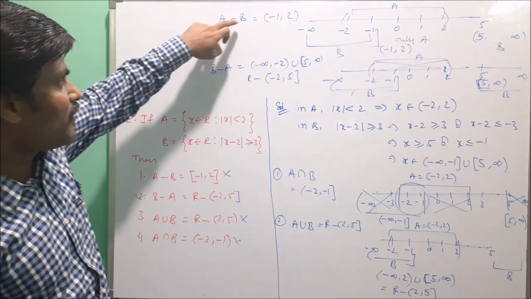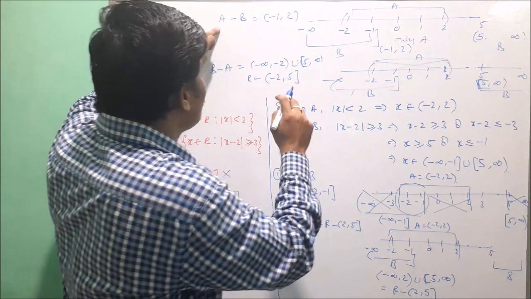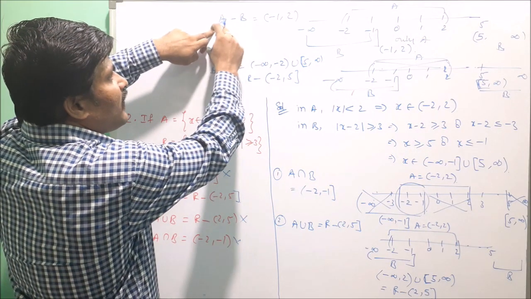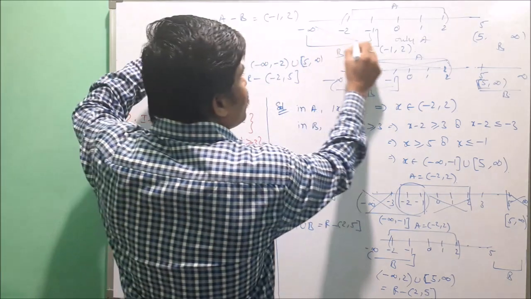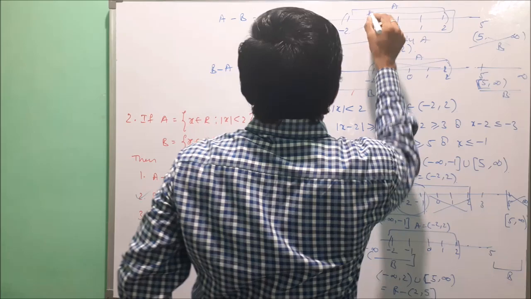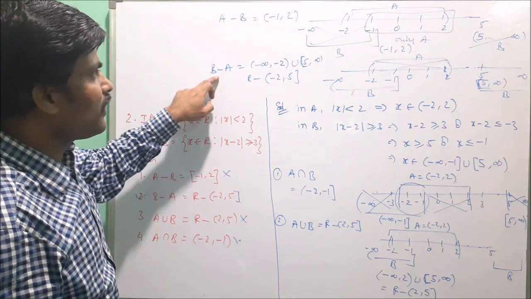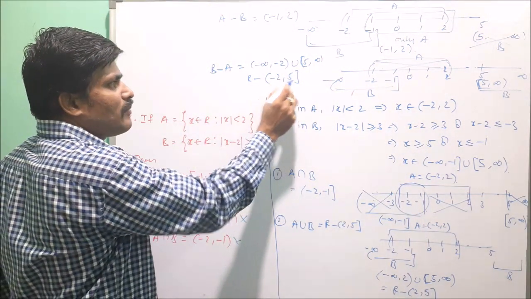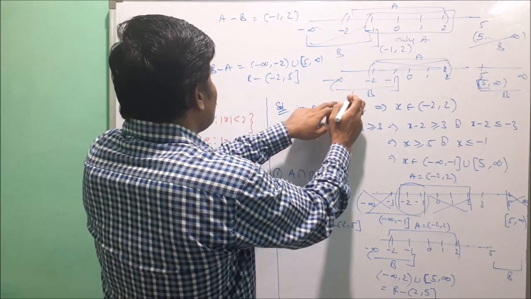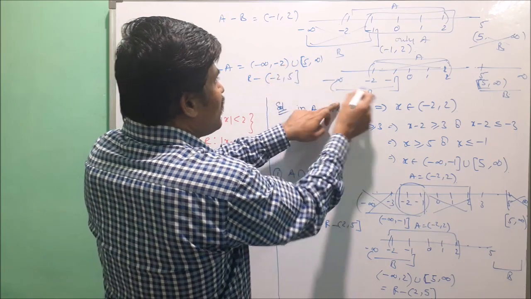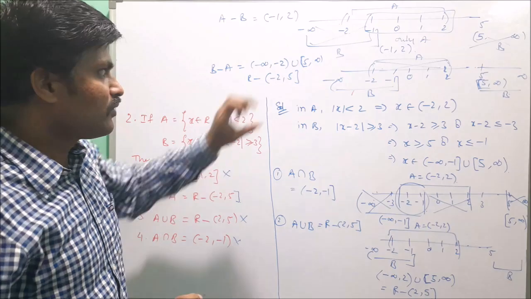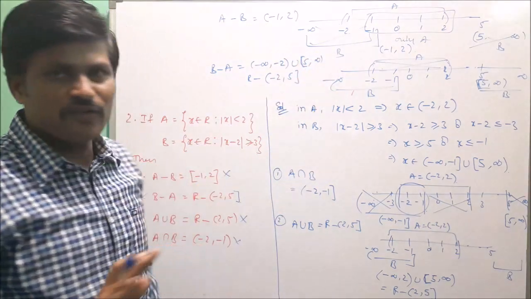Here we observe A minus B. A minus B means X lies in A, does not lie in B. Now here this is not taken. This is A minus B. Here B minus A means R minus of minus 2 comma 5. So here A is not taken, only in B. B value is minus infinity to minus 2 on the left side. The right side value is already taken, closed 5 to infinity. So this is the solution for the second question.